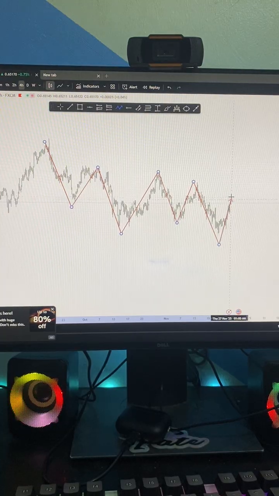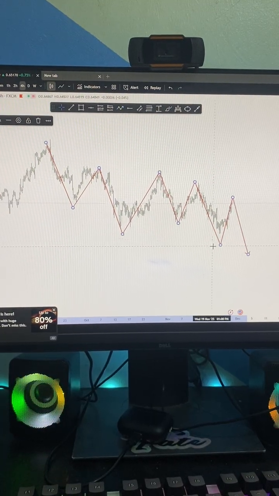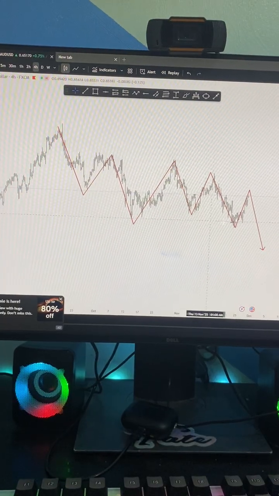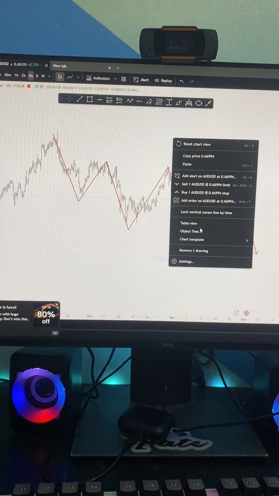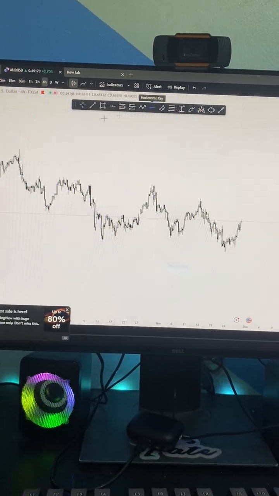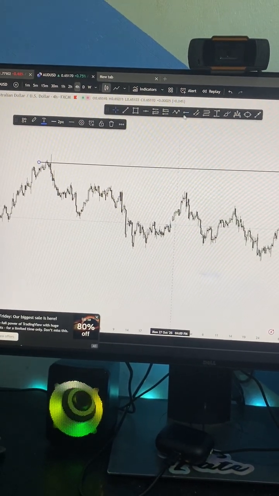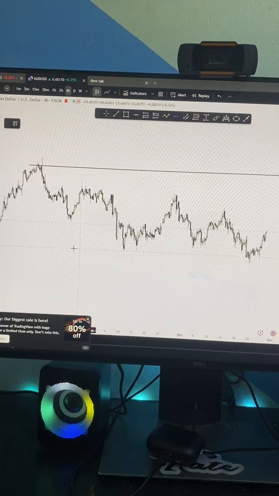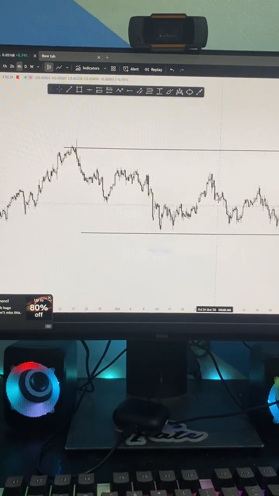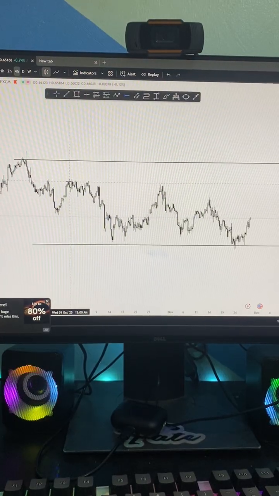I think the market is moving. So like I said, the goal in trading is looking at the level where the markets are reversed from. So the levels the markets are reversed from are these. So those are what you must focus on. If I trade this, I'd set my swing high, then I set my swing low, which is right here. Then I begin to set other key levels like this,